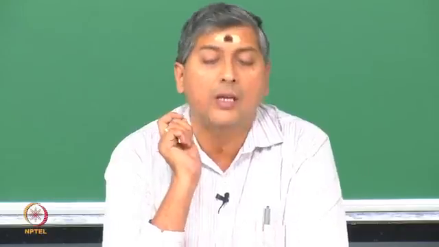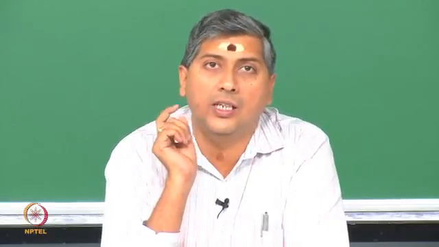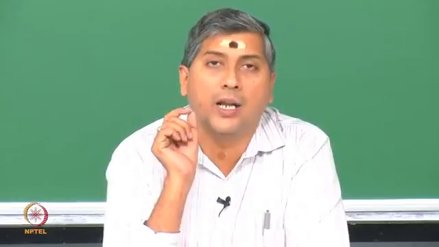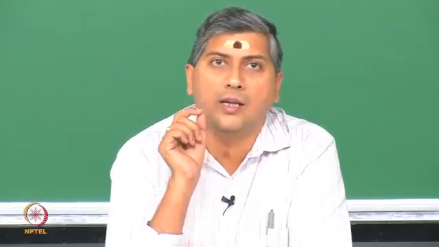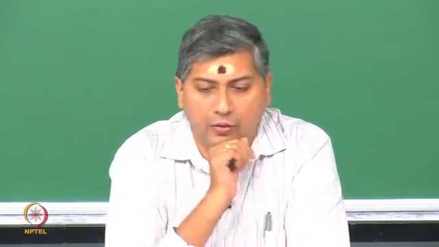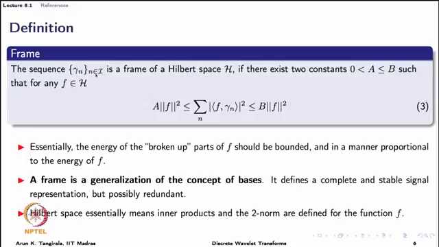That is very important because we are dealing with signals that have energy, and some mathematical support has to be there to be able to say that energy can be calculated for this signal. So, a sequence of functions, whether this could be a finite or infinite set of functions, is called a frame if and only if there exist two constants A and B such that both are greater than 0, but B is greater than or equal to A, such that the energy of the broken up components, that is how you view the modulus of the inner product of f with gamma n